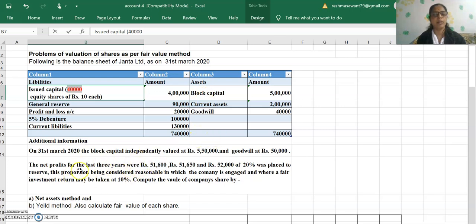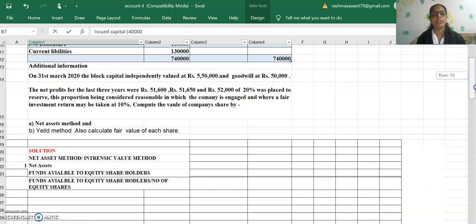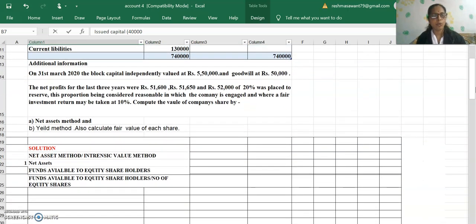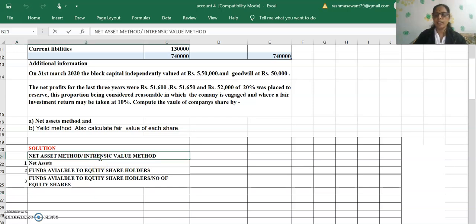Then goodwill and block assets are there. Make sure that when we calculate the next heading, the calculation of net asset, you have to calculate the valuation of assets as per the heading. For this purpose, we follow three steps for the net asset method or the intrinsic value method. The first main point is the calculation of net asset. Second, funds available to equity shareholders. This is calculation number 2. And then we use the formula for the calculation of intrinsic value, or valuation of share as per the net asset method. So in this way we use 3